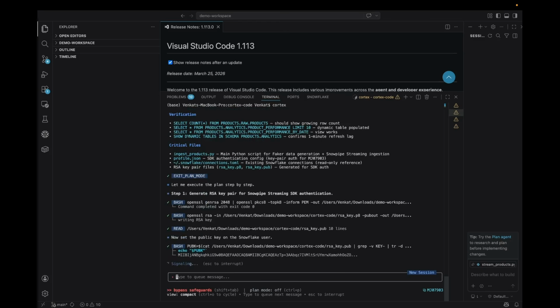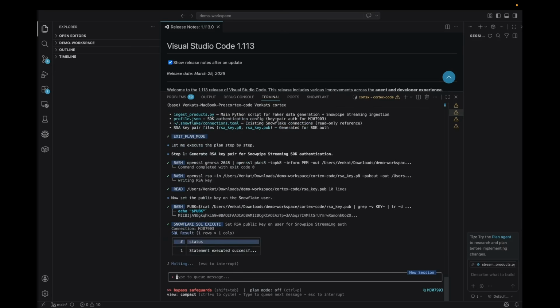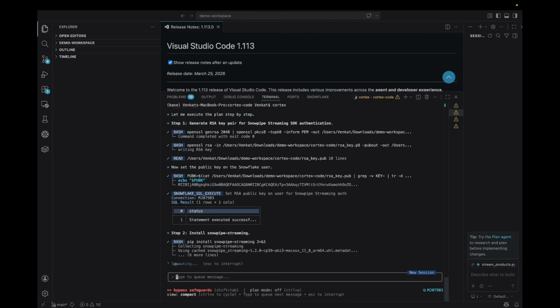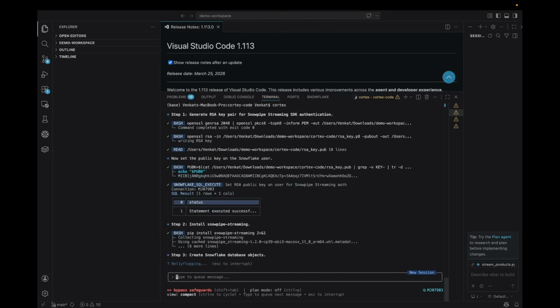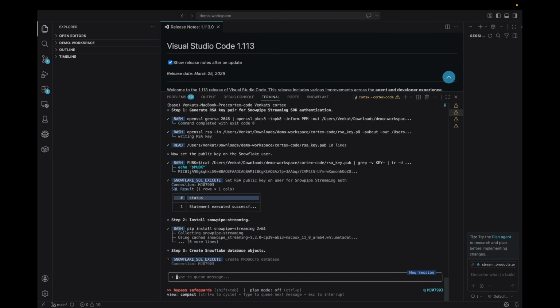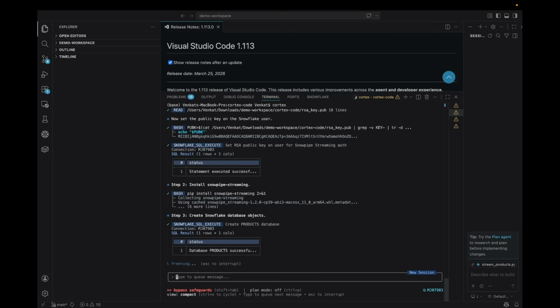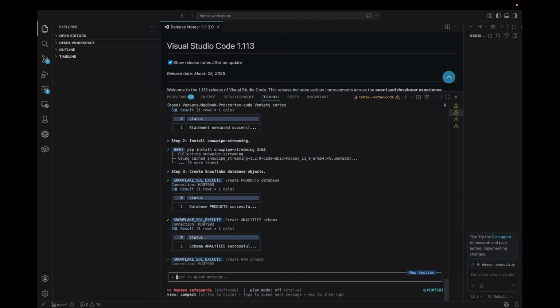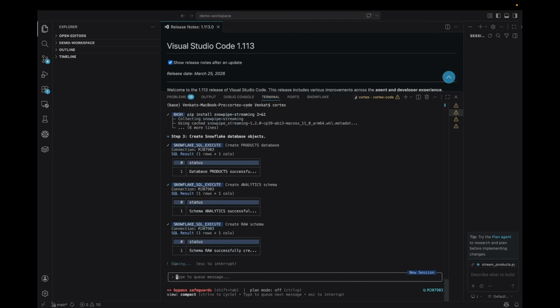So it is currently generating an RSA key pair for the Snowpipe Streaming SDK, which is important so that it can interactively communicate without passwords provided manually. So it is generating an RSA key and then trying to execute that key update in the Snowflake trial account. And now, based on the plan, it is installing the Snowpipe streaming package, and then it created